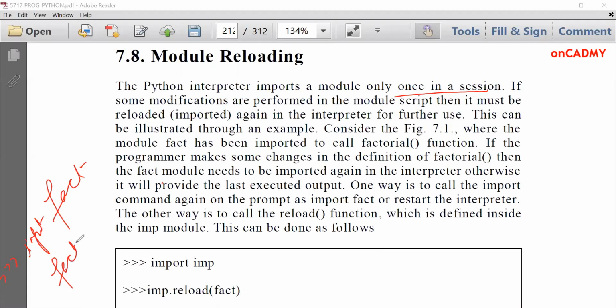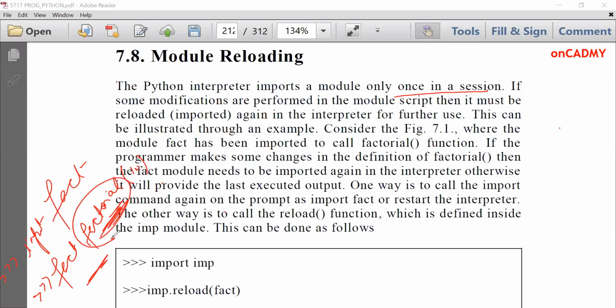I'm just accessing it by using factorial 10 as we have done earlier, and by pressing enter it is just giving the answer over here. Fine. But what if I make some changes in this factorial function in my module? Then whenever I call it, use it in the interpreter, it will give the old results as per the old code. So although we have changed the code of factorial, it will give results as per the previous code.